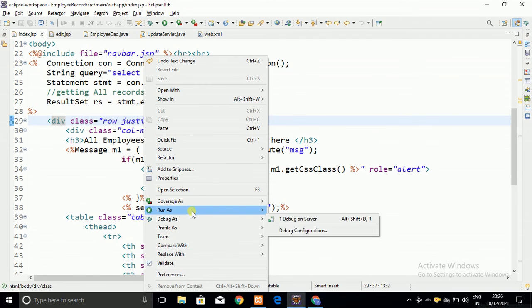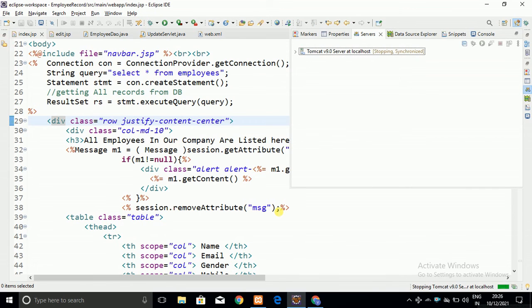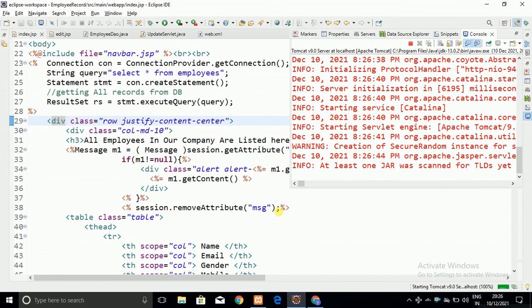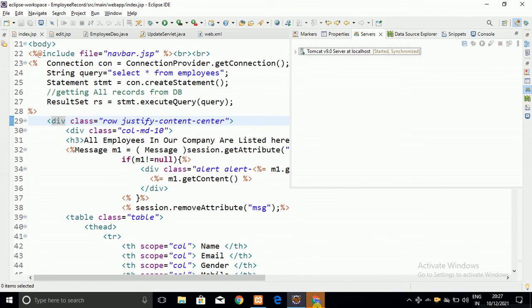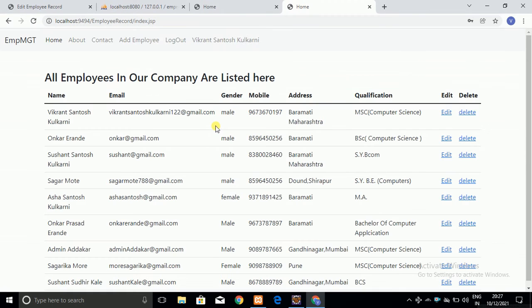So again I am going to run this program, and let's see whether it runs or not. Let's wait for some time, as we have changed the code, so it takes time to load. Again you have to log into the system, and here you can see this data, suppose I am going to edit.